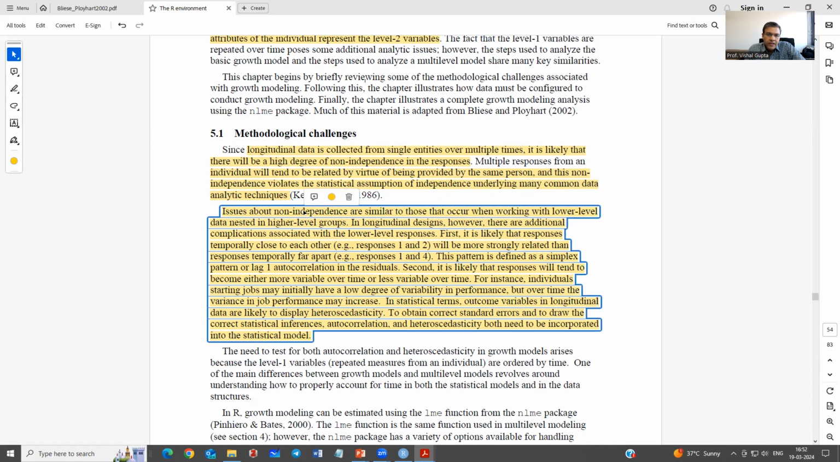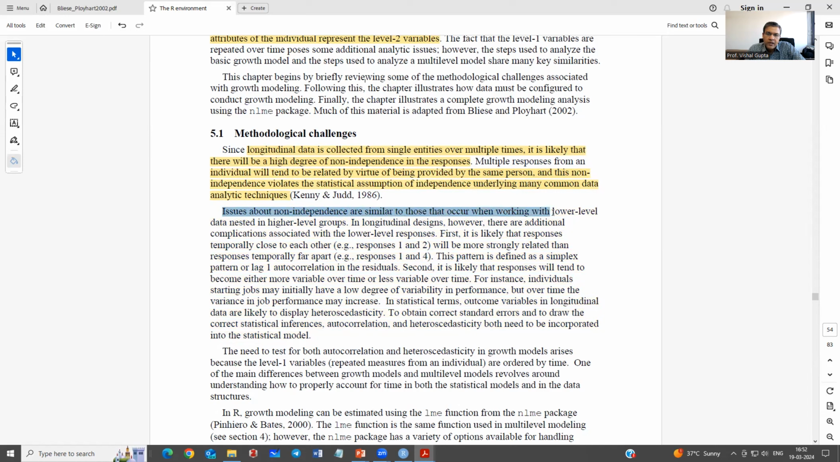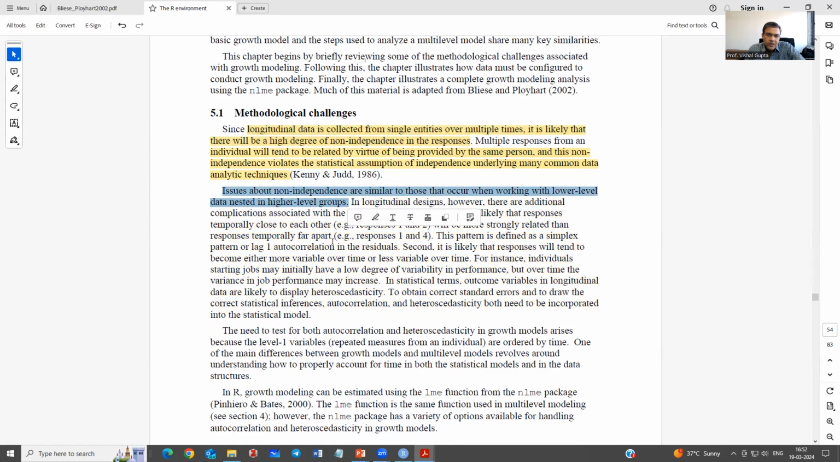Issues about non-independence, let me first delete it and read this together. Issues about non-independence are similar to those that occur when working with lower level data nested in higher level groups. In longitudinal designs, however, there are additional complications associated with lower level responses. First, it is likely that responses temporally close to each other, for example, responses 1 and 2, will be more strongly related than responses temporally far